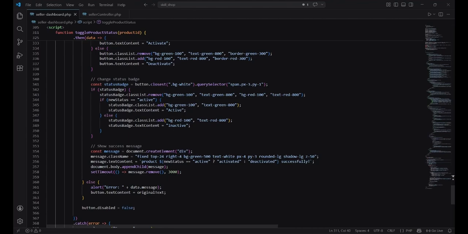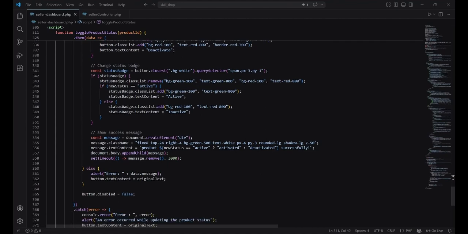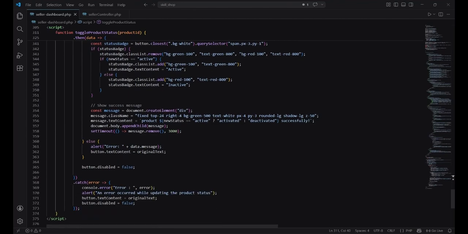So in the else condition I have given the opposite of it and showing active as the badge. So next we have show success message. I have created a variable called message and created an element, a division tag, and inside the division tag I have given the classes fixed top-24, bg-green-500, text-white sort of classes, and for the content of the message div tag I have